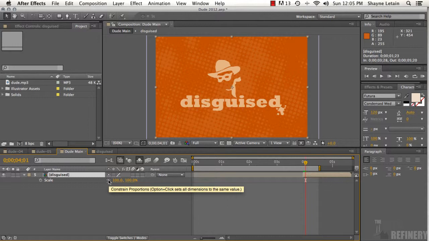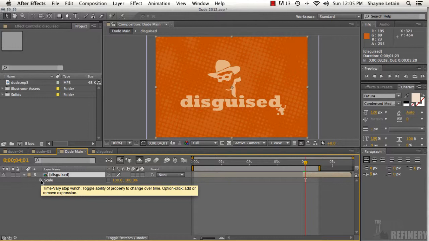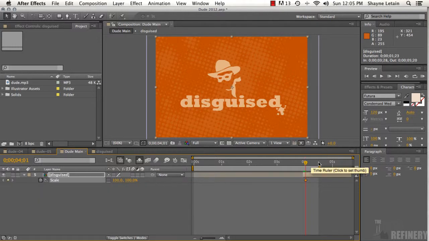So I'm going to unlink these two values, and I'm going to create a keyframe right at this point here, because that's right where it comes on. Actually, no, it comes on a little bit sooner. I'm going to bring it right when it comes on. There we go. And I'm going to, again, move it out just a couple of frames, and put another keyframe here. Now I know I haven't done any animation here, but what I'm going to do is